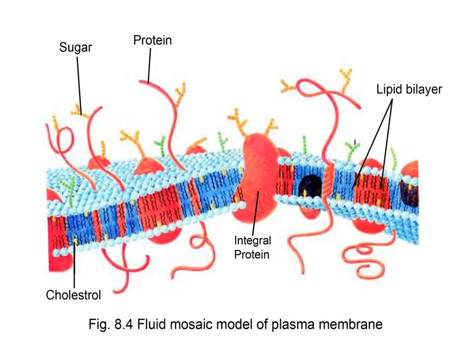With the arrangement of all these different types of proteins, lipids and carbohydrates, the plasma membrane will look like this fluid mosaic model of the plasma membrane. Okay, this has a lipid bilayer, meaning two layers of lipid. In between there are proteins. You can see these sugars, meaning carbohydrates, which are present here, and also these proteins, which are of different types. Some are peripheral proteins and some are integral proteins. Now this is called the fluid mosaic model of the plasma membrane. So let's understand about it.